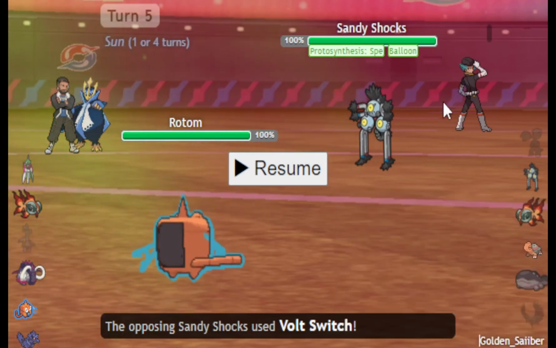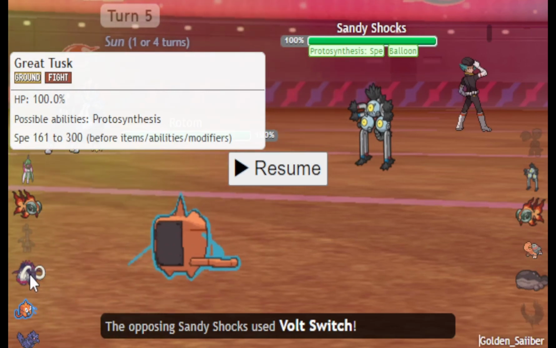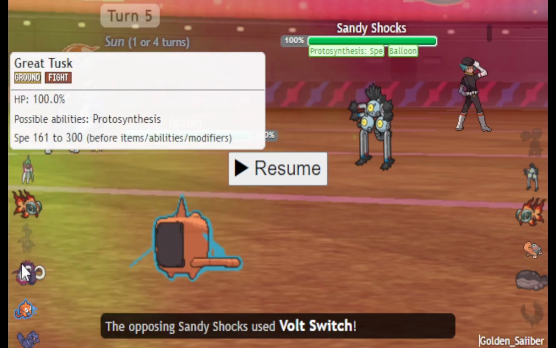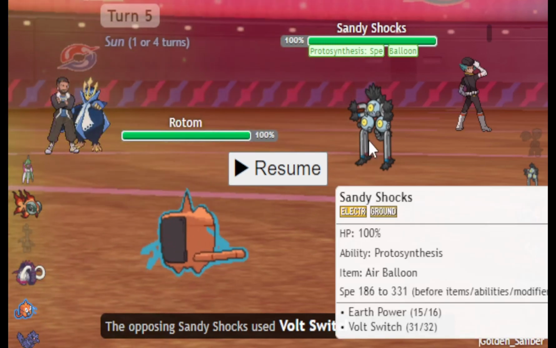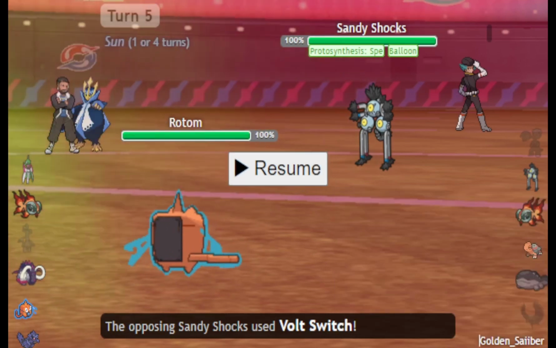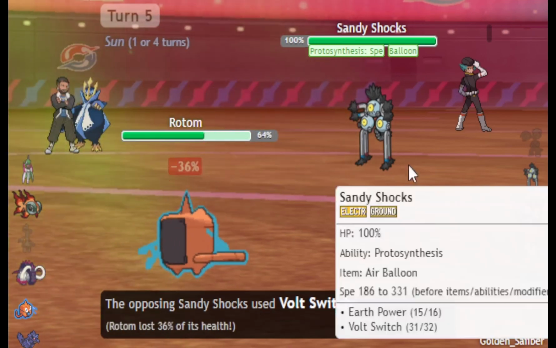But my goal is to try to break the balloon so I can sweep with my Great Tusk buffed Earthquake. So that was my game plan. That's why I want to keep this thing healthy. I didn't know if he had any secret Terras, like it could have been Terra Fire in the Sun, and I don't know, Terra Flying. I have no clue, but it could have been. So I think it was safer to go Rotom here, even if I can miss my Hydro,